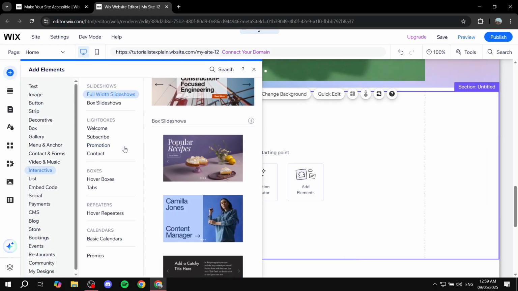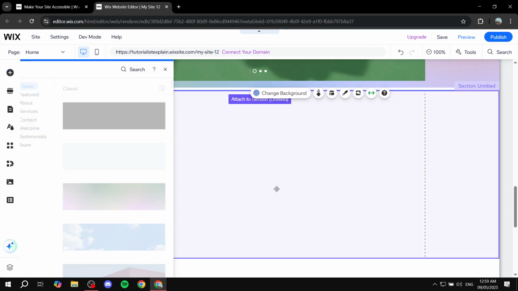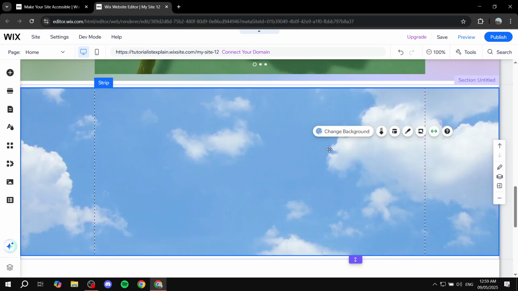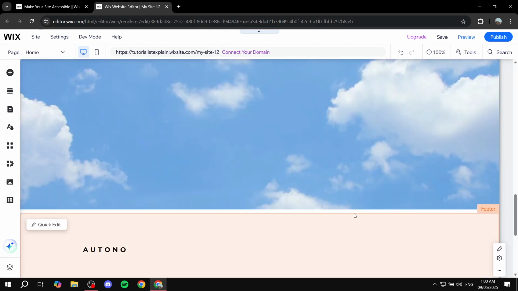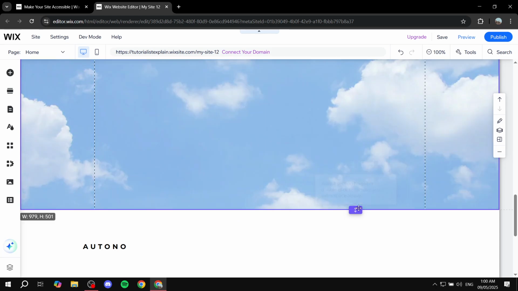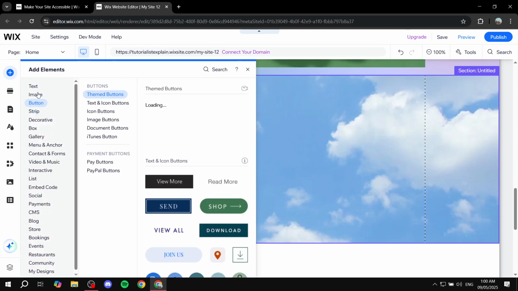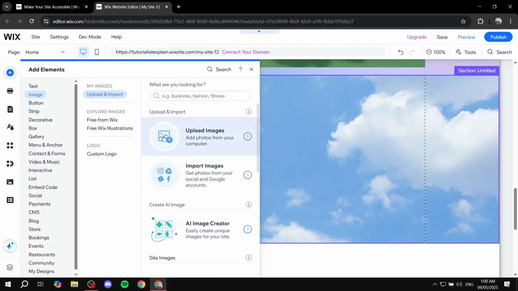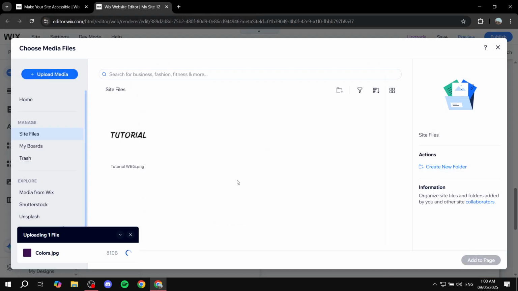I'm just going to go to add elements, go to strip, and give it this one already, which has a background, which just makes things easier for us. Sorry, I just had to fix these gaps between each strip that we have here. So for this one, let's just go and add an image to it and call it a day. So we have an image, upload, and then we can just go ahead and really give it any image that we have here. So I'm just going to use this one as an example,